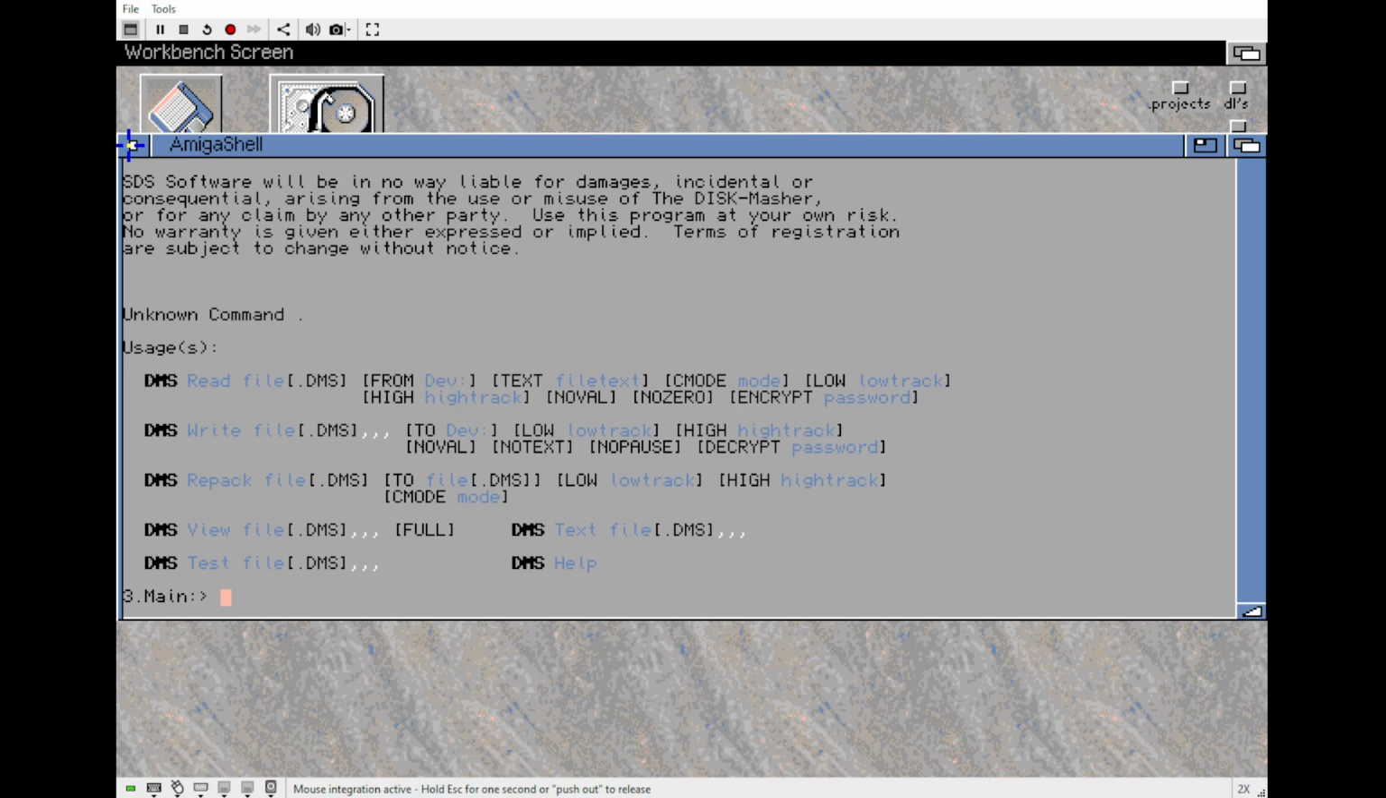DMS read file will read the disk to whatever file.dms file you create from. You have to use the keyword from also. So this is really where it's a lot like Unix stuff, except you don't need dashes or double dashes. So from, and then the device number. So typically you would do DMS read, and then let's say mydisk.dms from df0 colon, and then you could add,